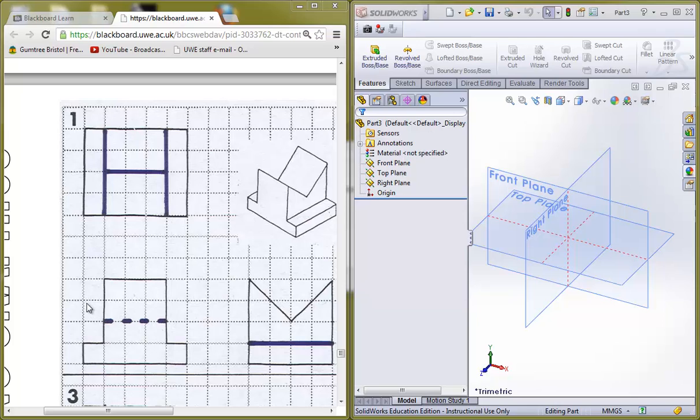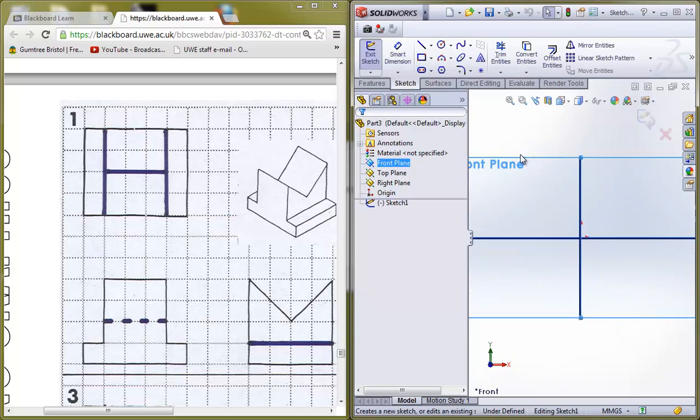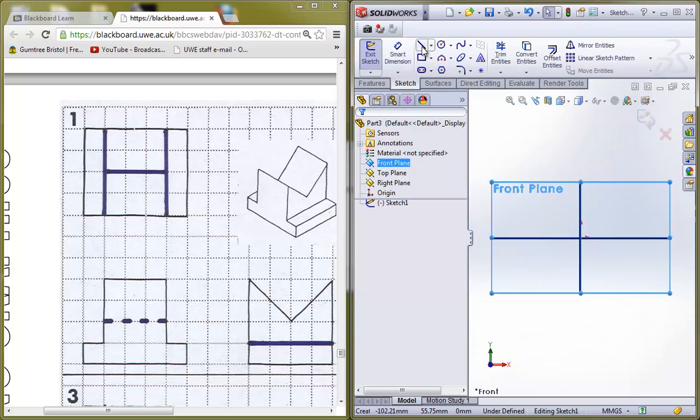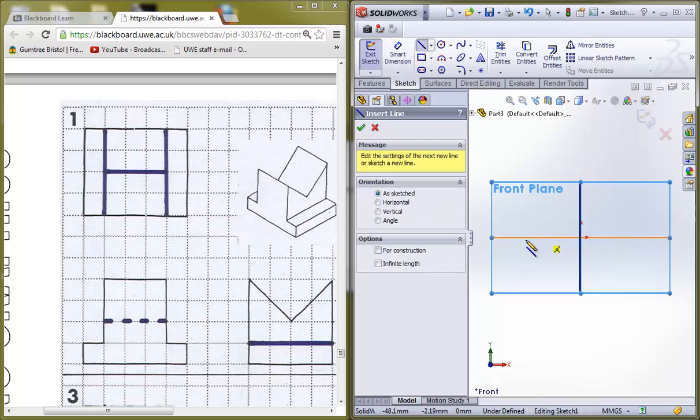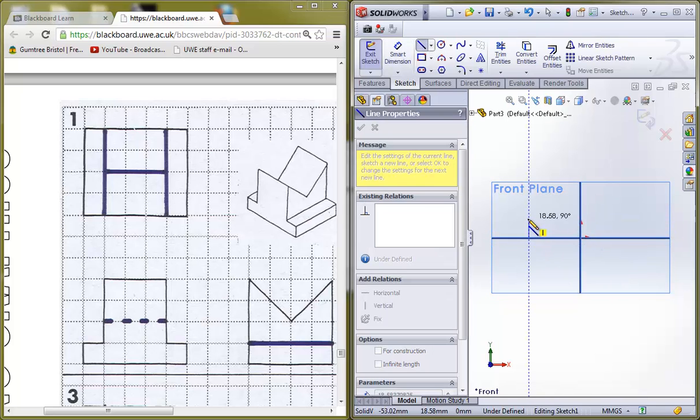this option here. I'm going to sketch that on the front plane because this is how I want the finished product to look, and that looks pretty in line with the front plane. So I'm going to select the front plane, and using the line tool, starting from the floor plane up, I'm going to sketch a very crude